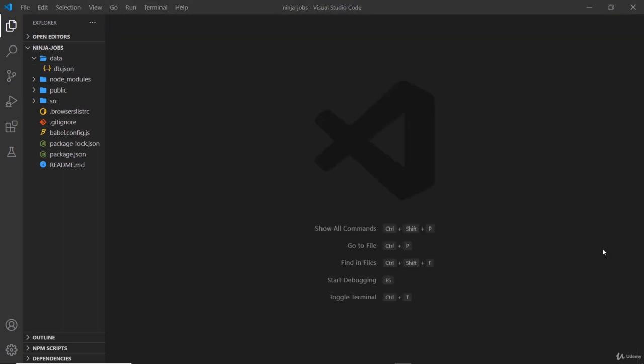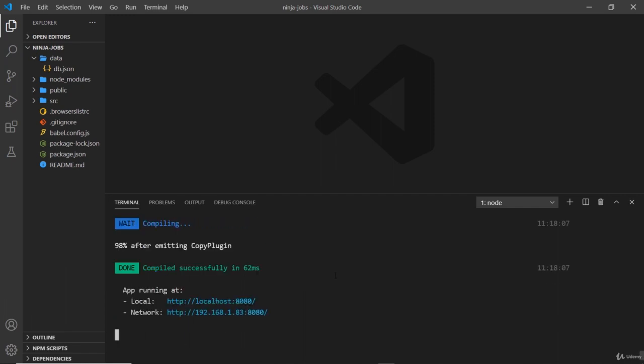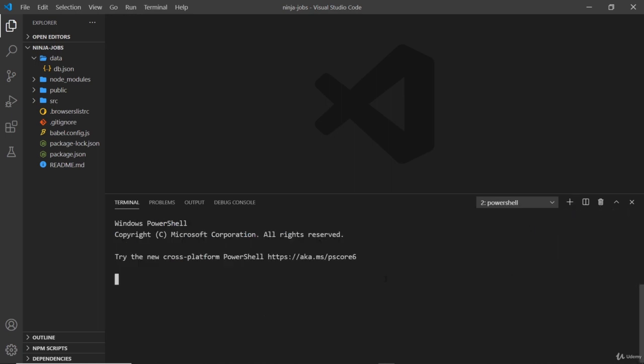The next thing we need to do is install the JSON server package locally inside this project. Now to do that, we need to open up a terminal. I already have the local host for the Vue application running right here because we ran npm run serve before. So I need to open up a new terminal by clicking this button right here. And then over here, I'll say npm install. This is how we install a package locally, and the package is called